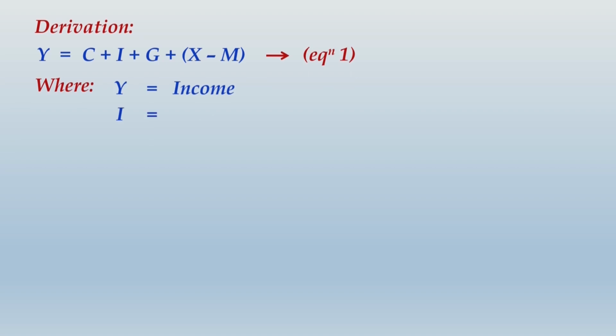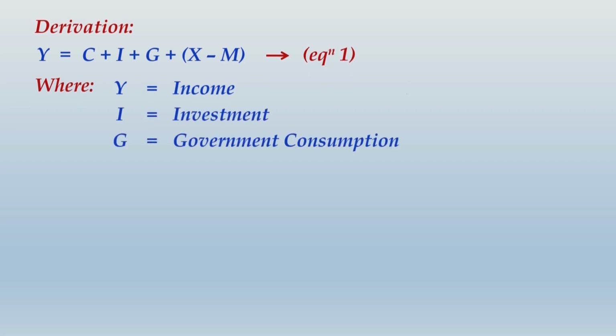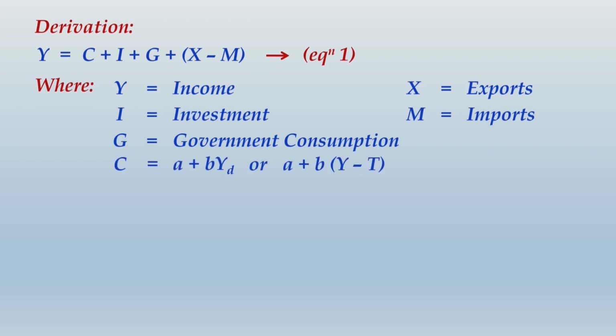Y stands for income, I stands for investment, G stands for government consumption, X is exports, M is imports, and C is basically A plus B into YD or A plus B into Y minus T, depending upon how you interpret the disposable income. So disposable income, that is YD, could have different variations,